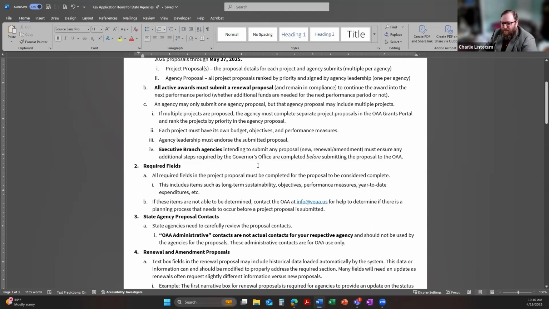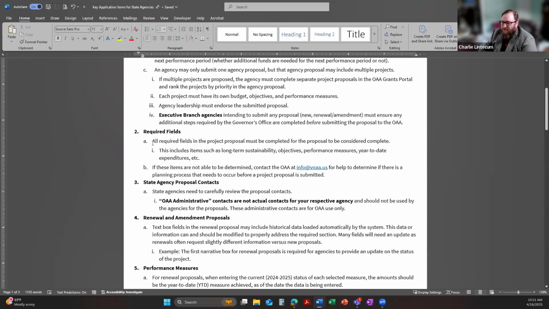If you are an executive branch agency, you should have received some instructions from the governor's office that would have come down to your agency, I believe, through your secretary's office. That is the way it has happened in the past couple of years. And there are some additional steps for the stuff to be reviewed, I believe, by the governor's office that goes through the Secretary of Health and Human Resources. And that all has to be done before anything's finalized and submitted to the OAA. If we get a proposal for an executive branch agency that has not been approved by them, we will not be able to consider it.